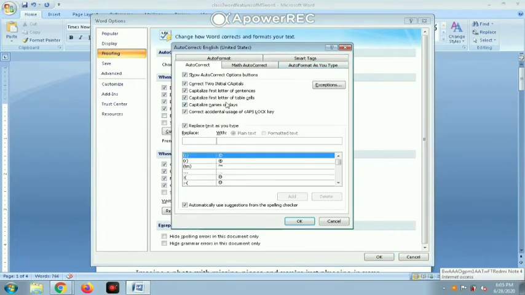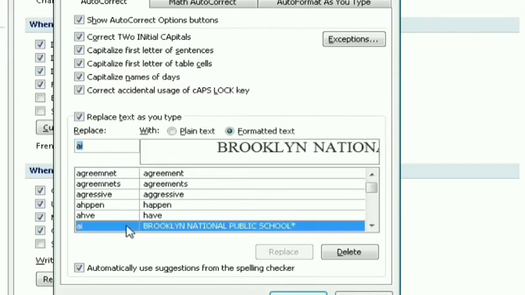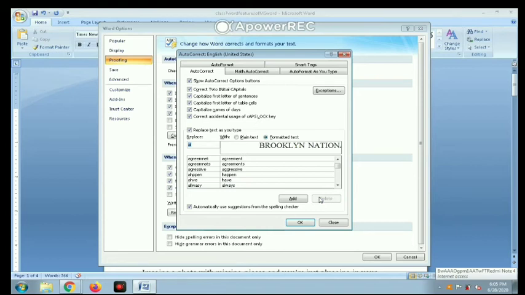Go to Word options, then click proofing. Move the scroll bar down and search for the AI autocorrect word. It is in here. Just click it, and below there is a delete option. Delete and then click the OK button. If you want to add AI, then click the add button. If you want to delete, then click the delete button. Then click the OK button.